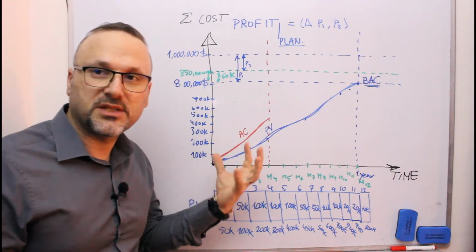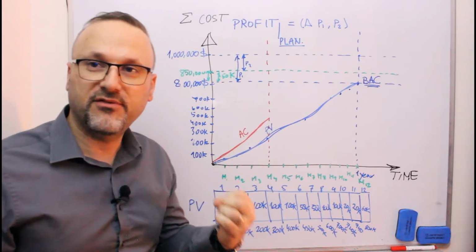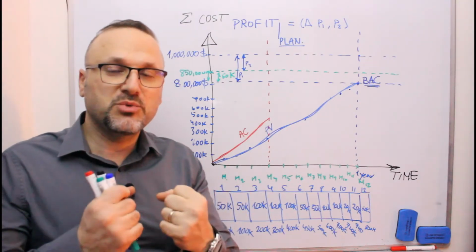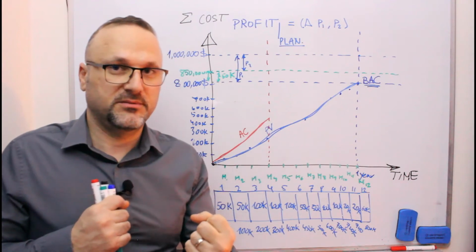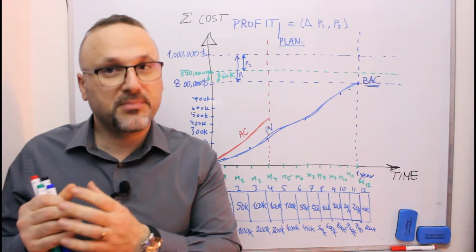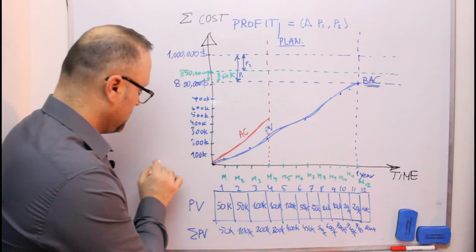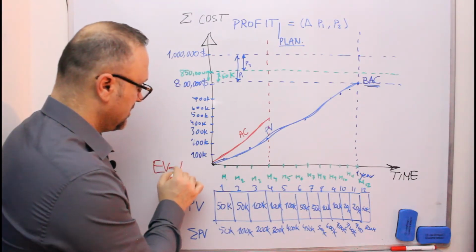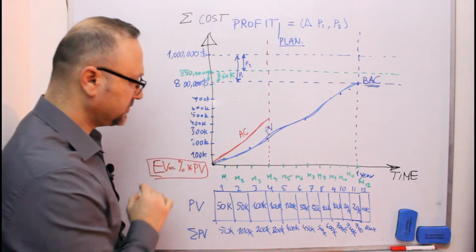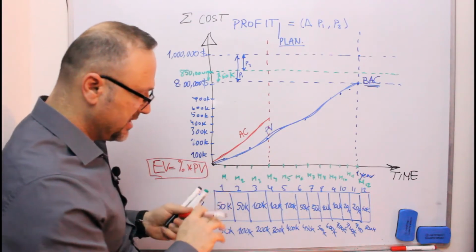And because the actual cost is taking me more, I have a value called earned value. The earned value is the actual work performed. That means the earned value is the planned value times the actual work performed. The earned value means the percentage times the planned value. And this earned value is somewhere,